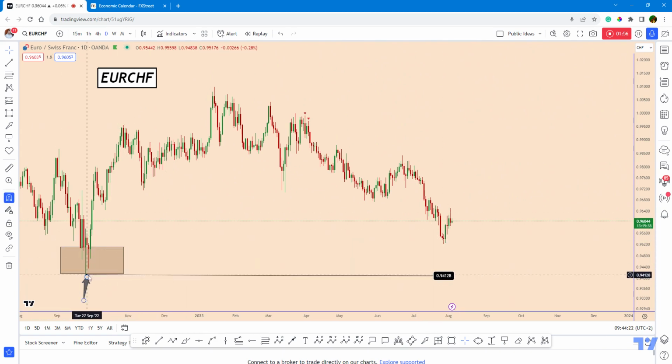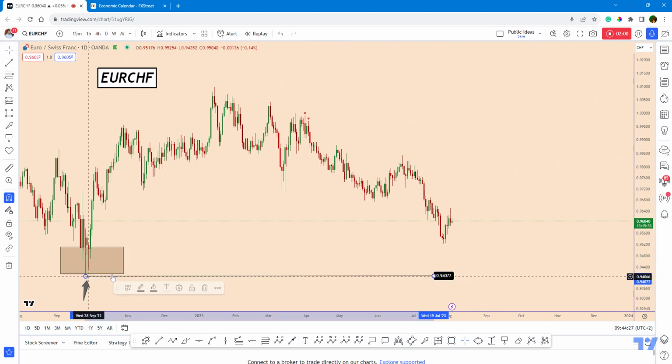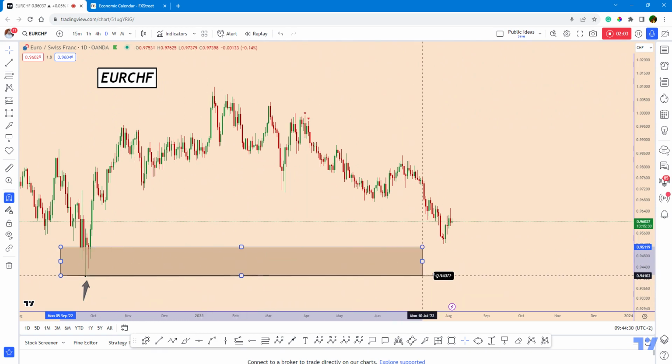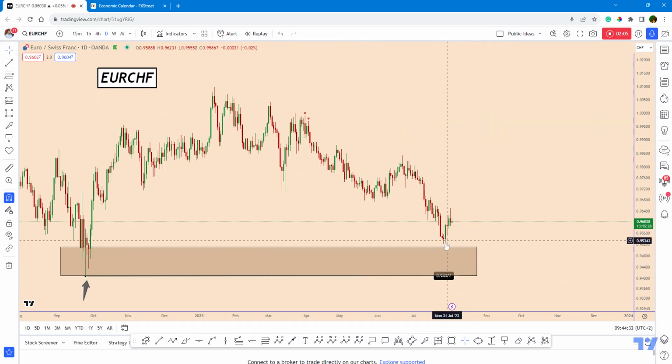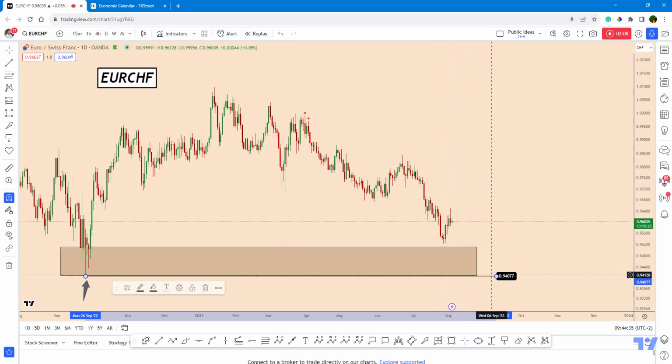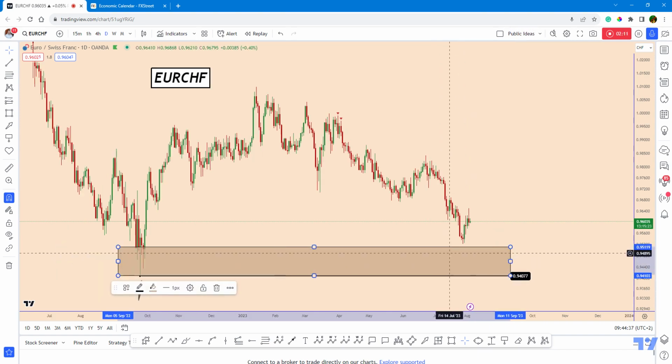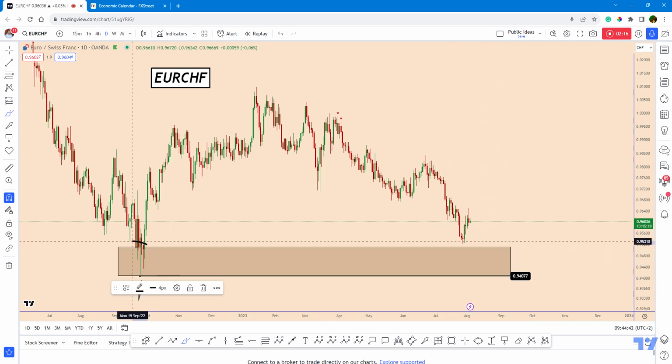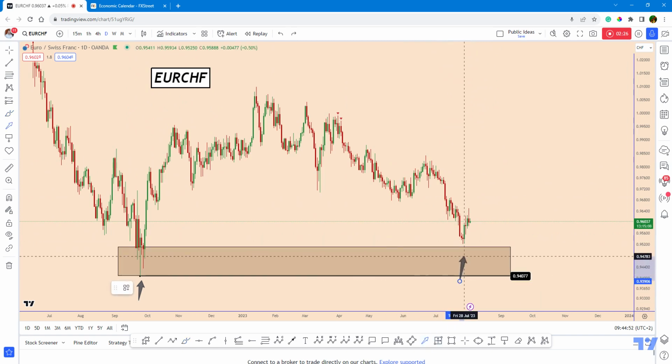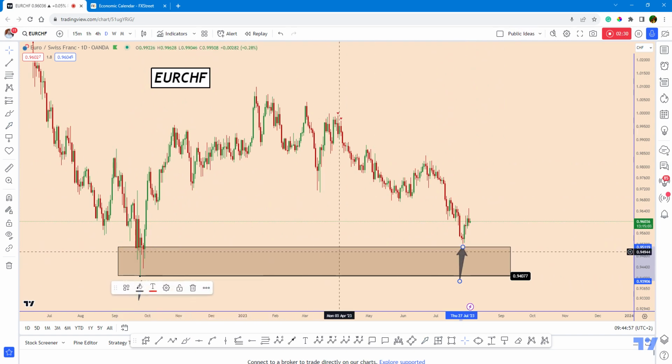If we are going to extend the targets, just one moment. If we are going to extend this area, sorry, we may see that the price stopped exactly at the end of this area. If you can observe the daily candles here in this zone, all the candles closed approximately in the same price, and also the price reaction when it came down in this zone again, it was very strong and close to this